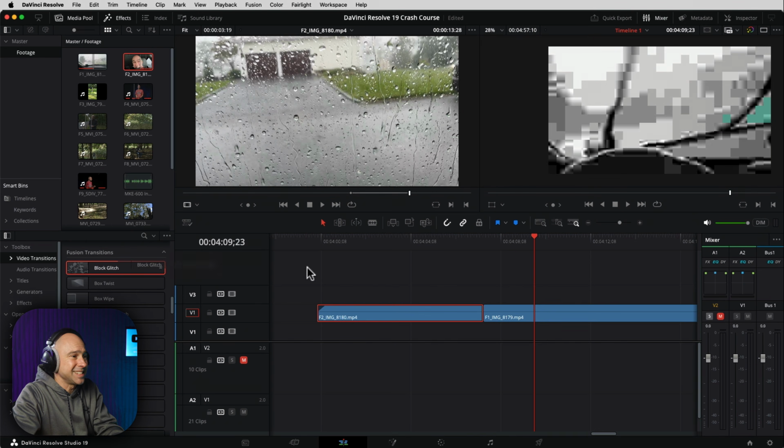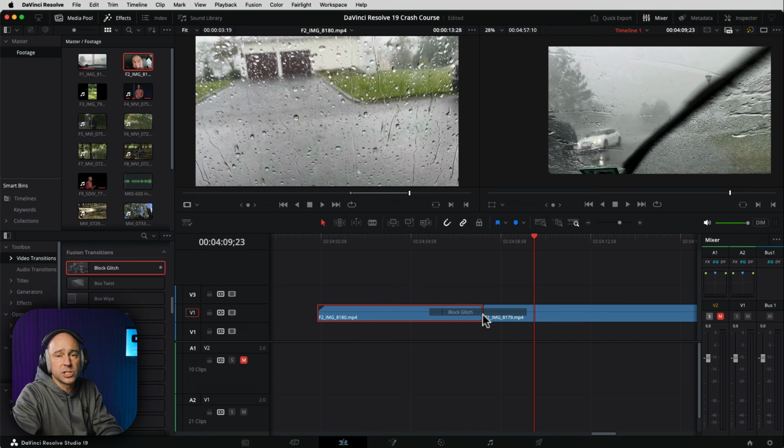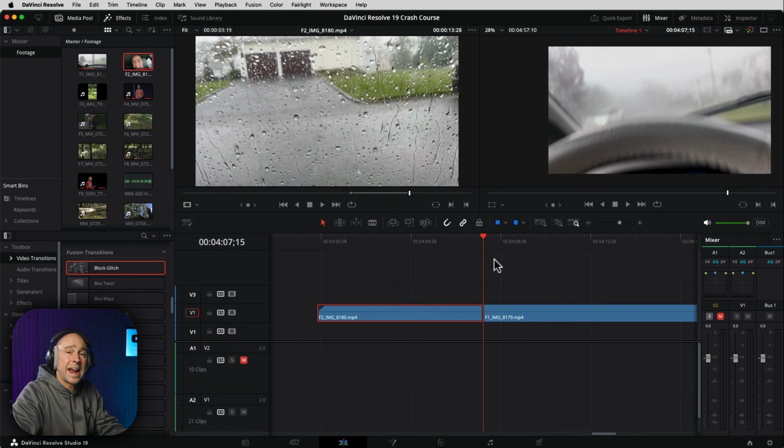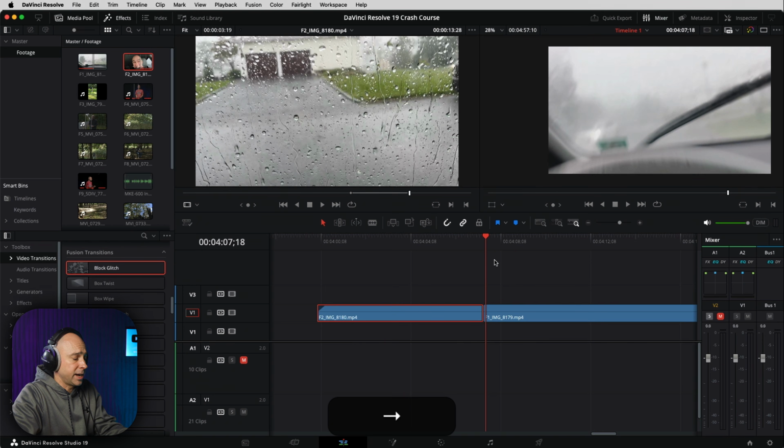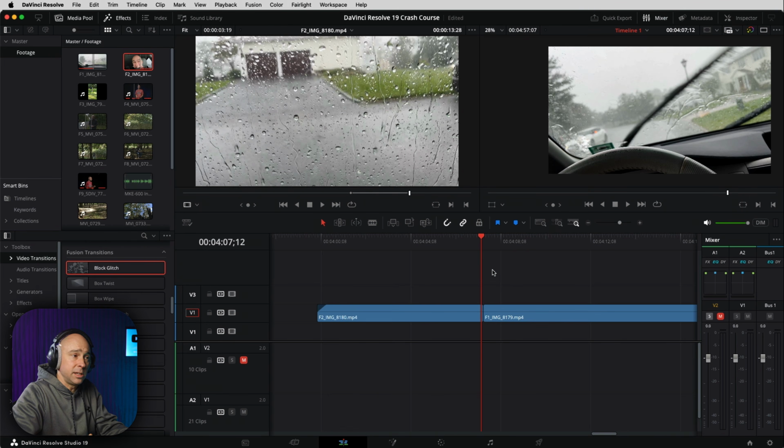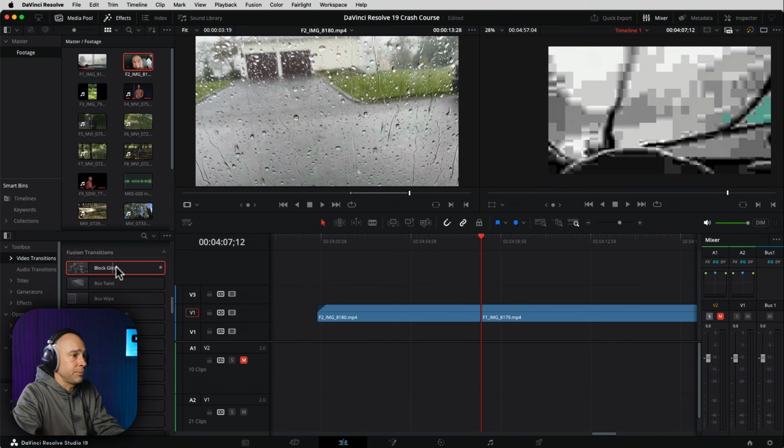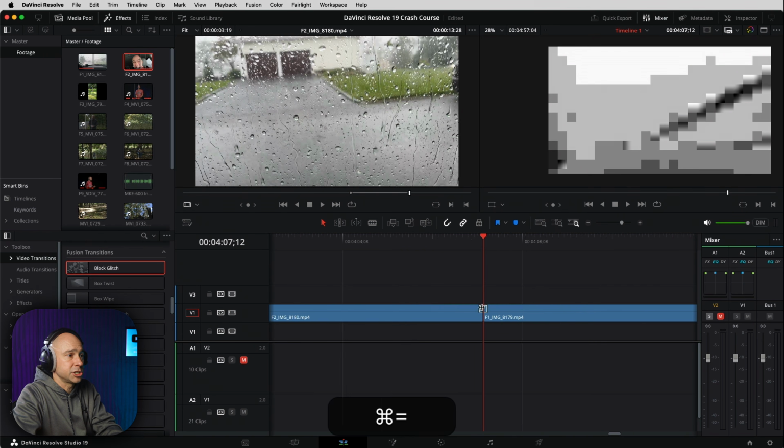With Resolve, if it doesn't let you just drop it on here, it's because you just need to take a few frames off of either one of your clips. So in this case, I could use my arrow keys to just go ahead, like say 3 frames, and then I'm going to use my Q key to make a cut and push them back together. And on the other side, 3 frames, my W key to make a cut and ripple delete. And now I can come and drop on that transition. If I zoom in